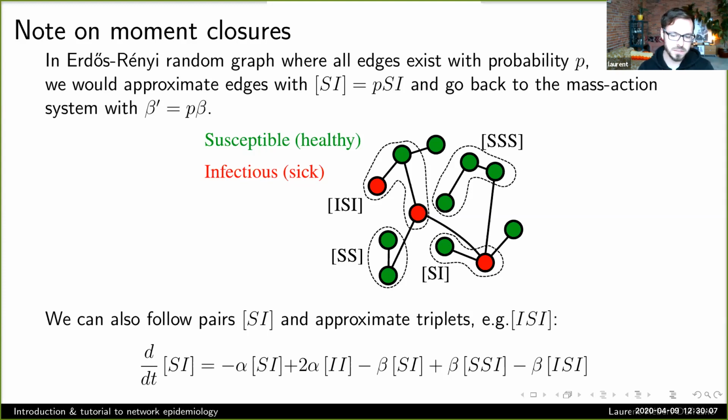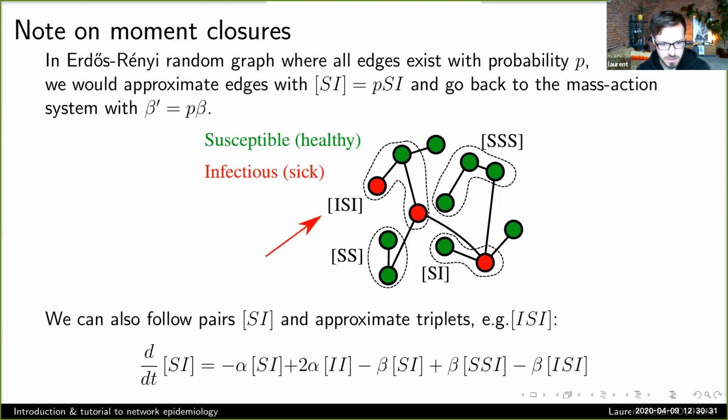And then what we need to do is either embrace that complexity and start tracking triplets, where we'll need to follow quadruplets of nodes and it gets intractable eventually, or we try and approximate what we don't know with what we do know. And often that's called moment closures in the literature. So I'm going to show you how a typical moment closure works. This is probably going to be the hardest mathematical part to follow for a while, but I think it's valuable.